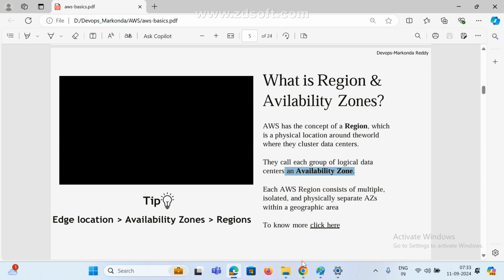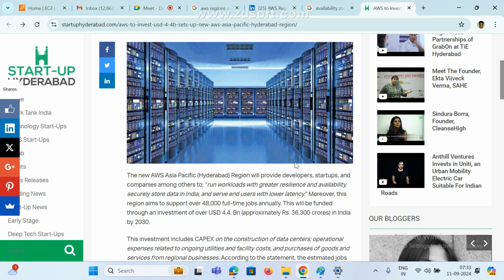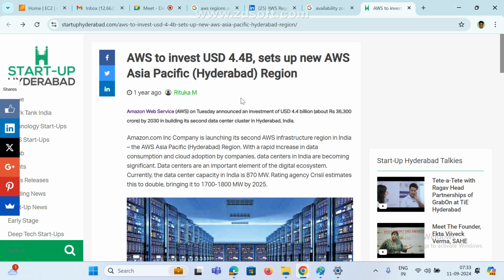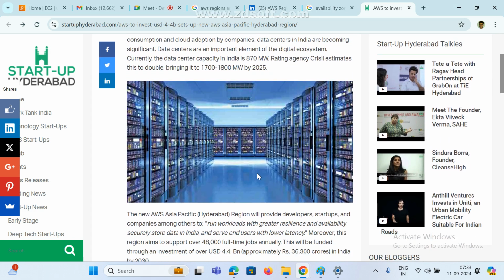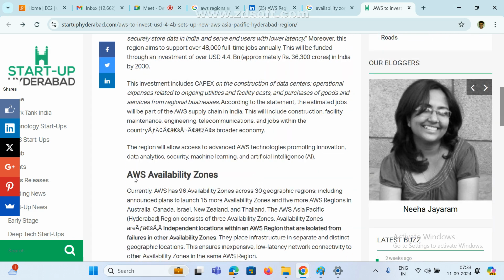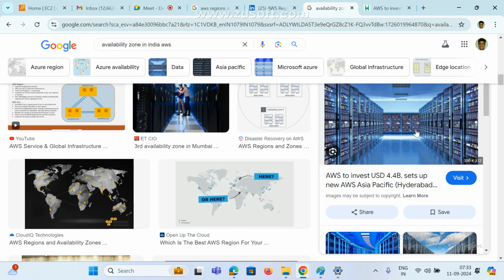Now, just now we saw this is an availability zone. Currently AWS has 96 availability zones across three geographic regions. Worldwide, how many availability zones are available? As of now, 96. Availability zones means that they maintain data centers like this, in two areas.